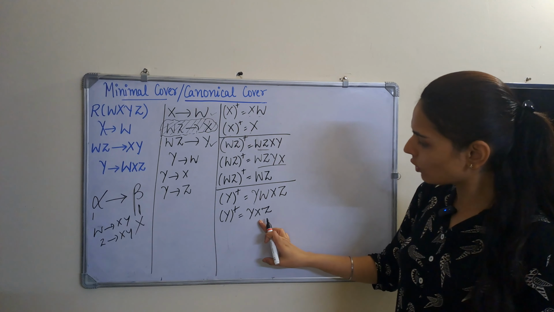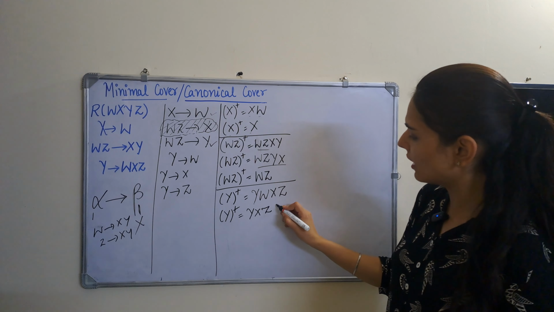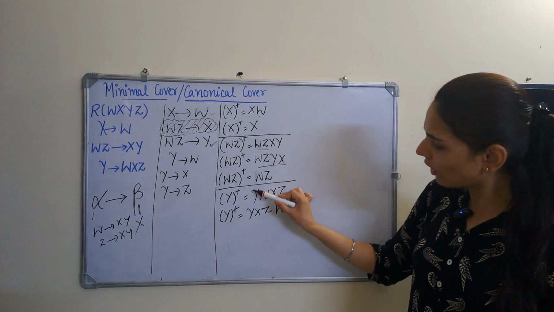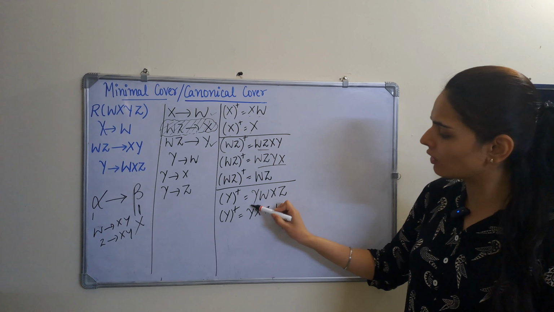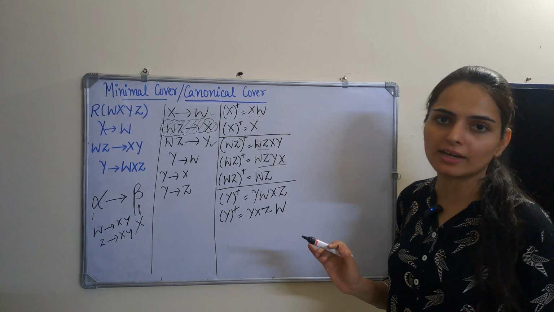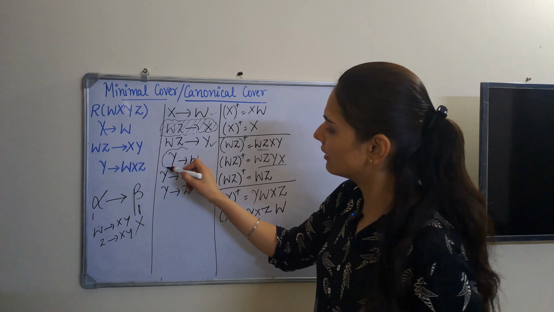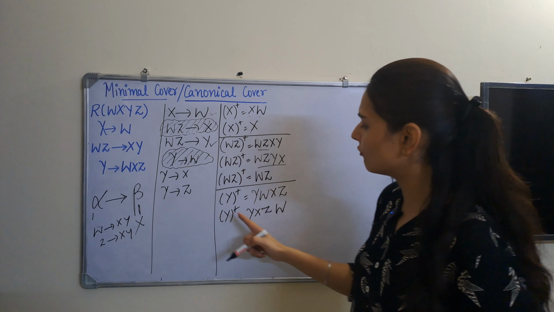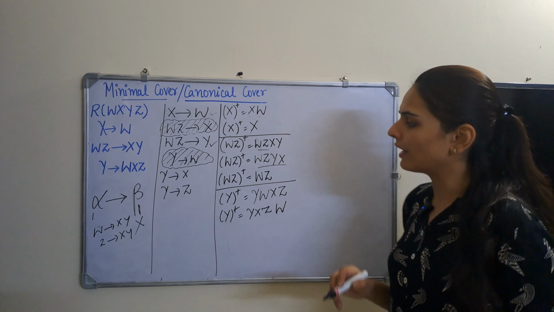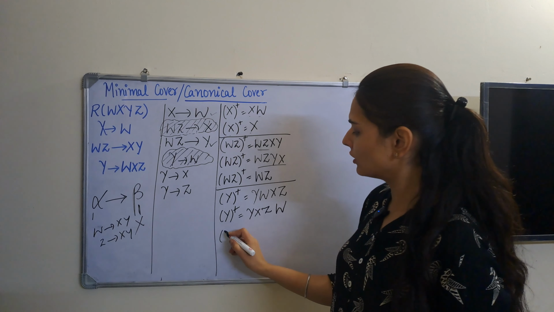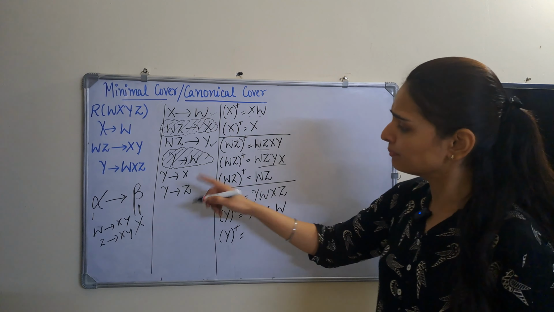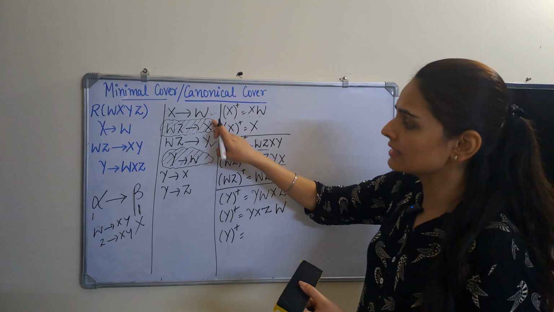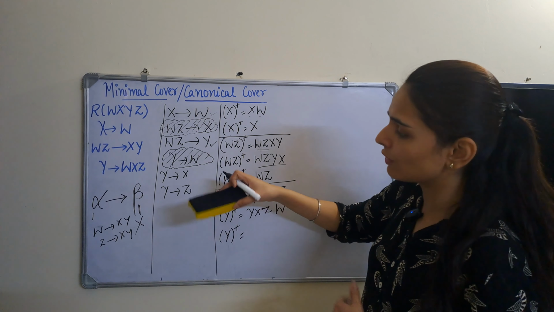So now with x also, we can see over here, with x we get w, right? And now we can see that we have all the attributes that we could find over here. We can also find them by not considering this functional dependency. So again, this functional dependency is redundant, because even if we do not consider it, we can still find out all the attributes with y, right? So next, again we'll find it out for the next functional dependency. So now we do not have to consider this, and these two functional dependencies we have removed, so we will not consider them for further processing.